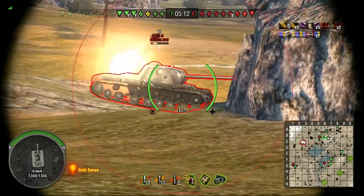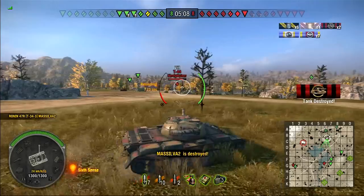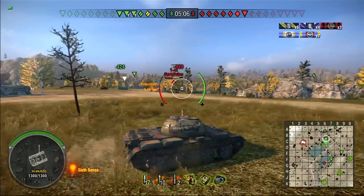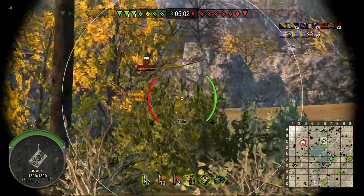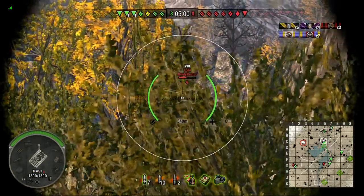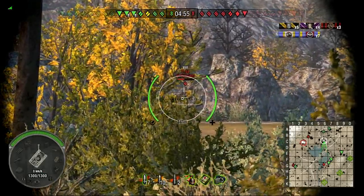Not sure. Now that was a lucky shot. The lack of accuracy this gun has, I was really happy that my lucky shot on the move took out that heavy tank. Now the T-34 is just a sliver of him beyond that rock, but he's...